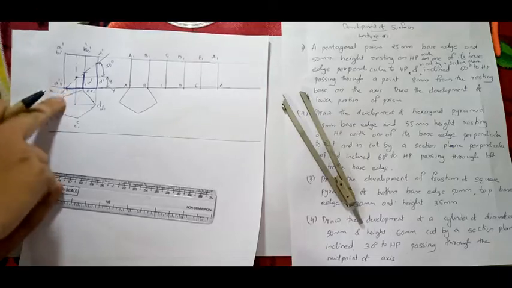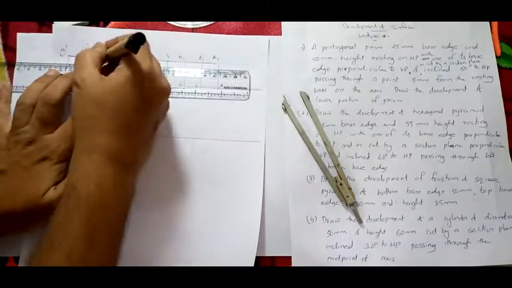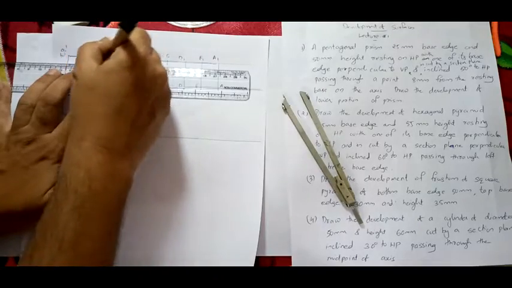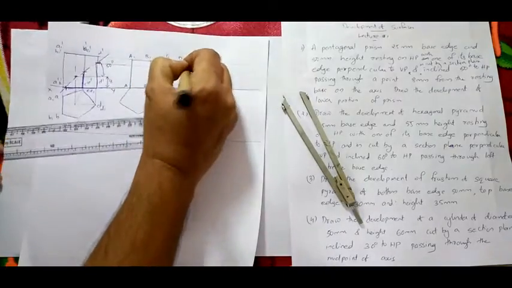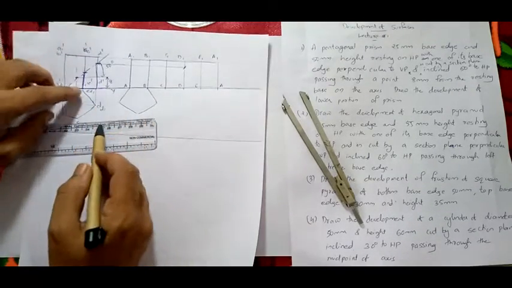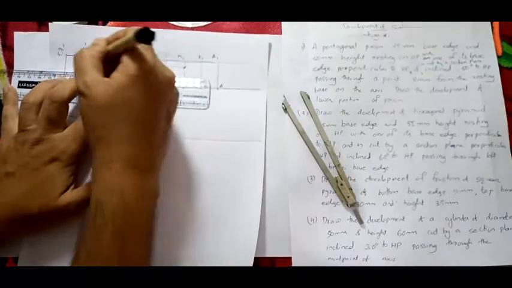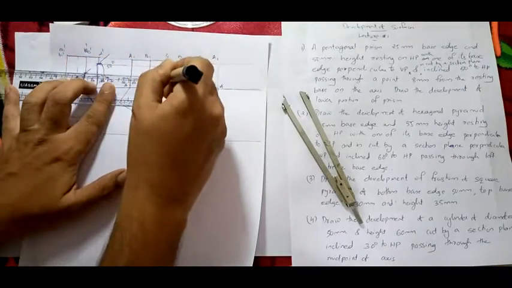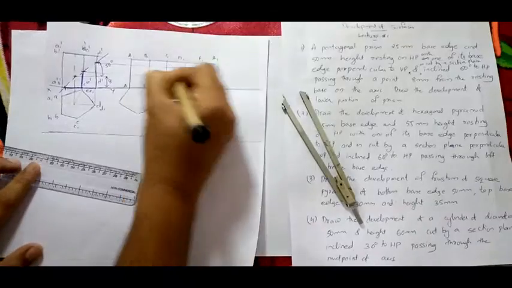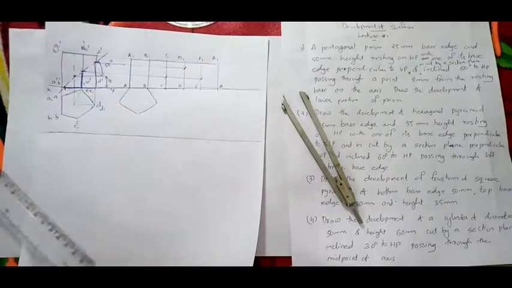Now see what we are going to do. First you will project the faces. Directly you can project. This is cutting on D1, so project from here to D1. See, D1. Similarly here it is cutting on C1 and E1, so from here project to C1 and E1. See, you obtain 3 points, right?